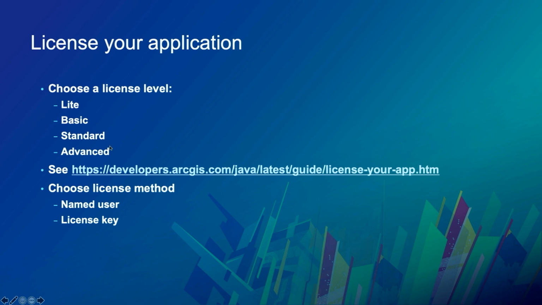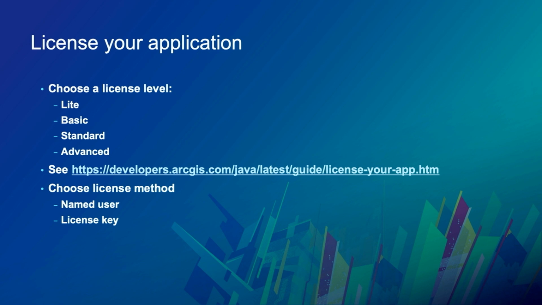Now, in this session, I'm not going to go through specifically what those areas of functionality are. There's a web link here which you can go to find that. What I want to concentrate on in this session is technically how you license your applications in your code. Now, there are 2 ways of licensing a runtime application. The first of which is what we call named user. So this is when you are a user of ArcGIS Online or Portal for ArcGIS. And to license your application, you just simply log in to your portal, and this will unlock the capabilities of